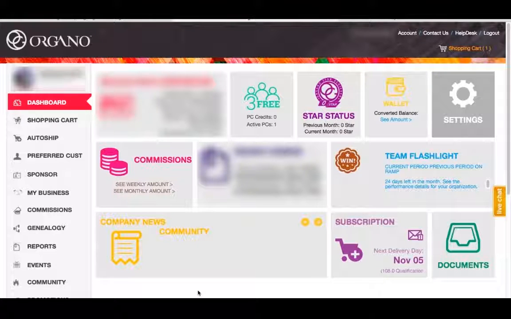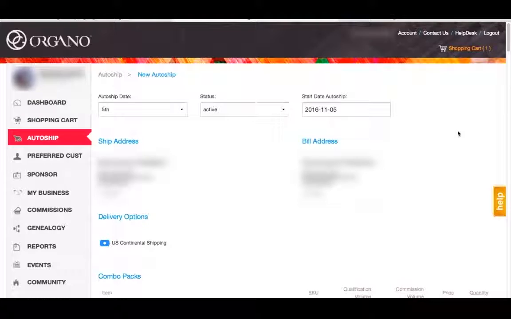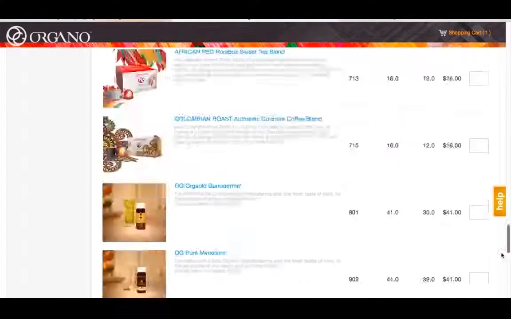Moving on, if we want to see the details of the current Autoship you have, you can simply click on the icon within the panel and access the report in the next page. Here you will have a briefing of the Autoship, including your personal information with shipping address, the date of Autoship, and your payment details. You can at any time change this by clicking on the Edit button and make the desired modifications there. Please don't forget to scroll all the way to the bottom and click on the Submit button